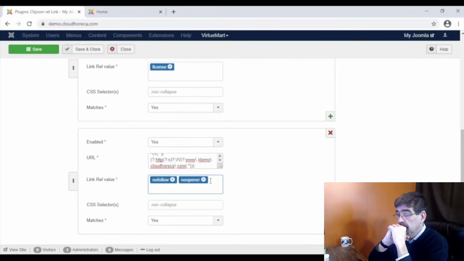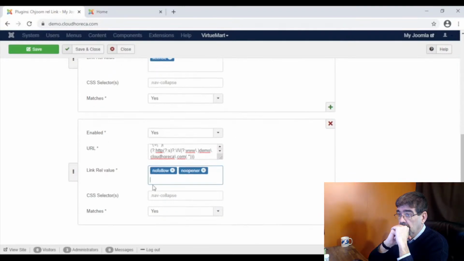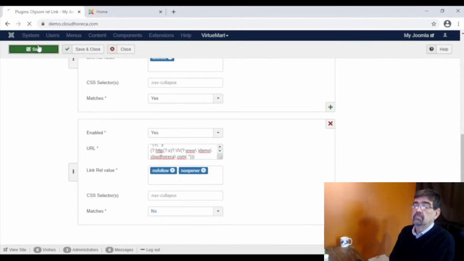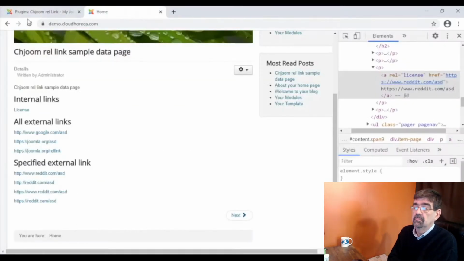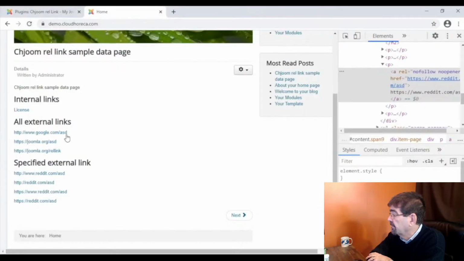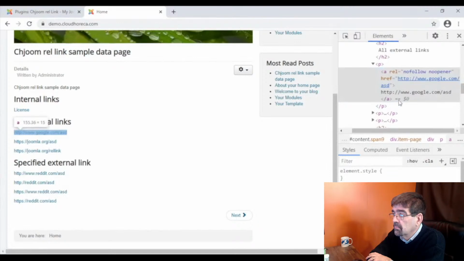And yes, you can place more than one attribute as the plugin supports more kinds of attributes at the same time. Here at the matches, you have to select the no option. Save, refresh the page, and let's see. Yes, you can see both attributes on every